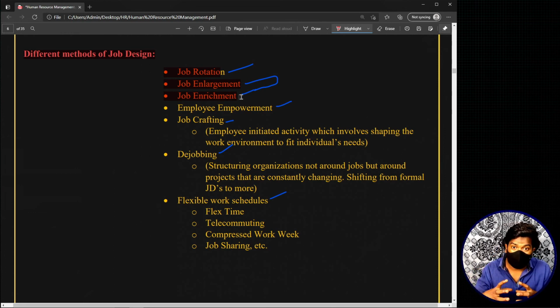Now let's talk about a second scenario. Let's take the same example that we previously discussed in job rotation. There is this particular human resource manager. Initially, while joining the company, he was trained in each and every function of human resource. Keep that aside. Now let us assume that he initially takes care of only recruitment. Now the organization tells him that from now on, you were only looking after recruitment, please take care of training and development also.